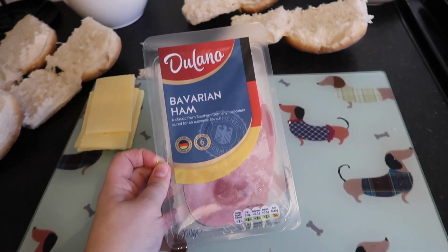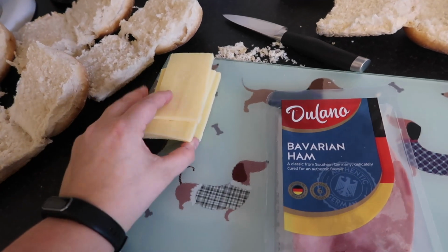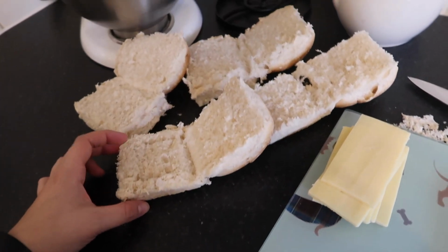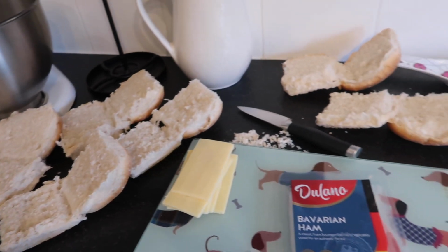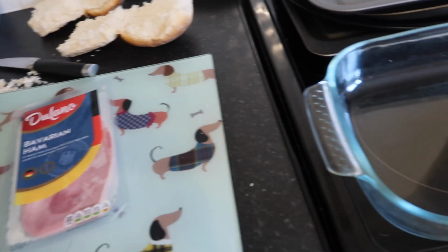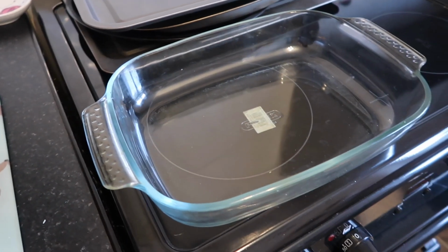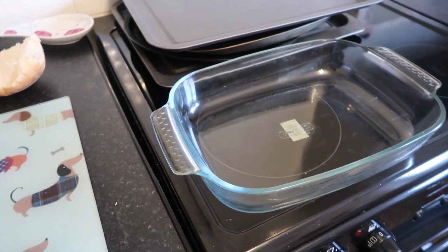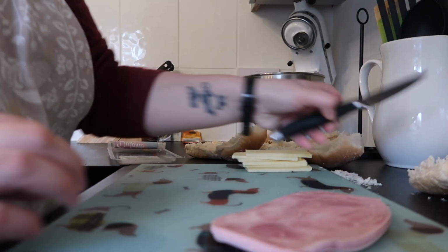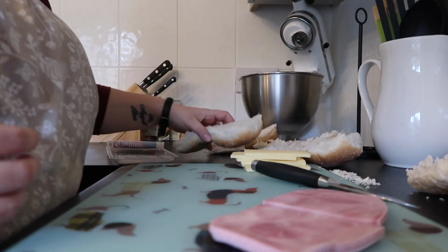Next meal is probably one of my kids' favourite meals. It is baked sandwiches. Sounds a bit random. Tastes delicious. I just use Bavarian ham and cheese for our fillings in our sandwich. You can use whatever you like, so if you are vegetarian or vegan, you could go for maybe some grilled vegetables, or I'm not sure what else you might want to put in this, some mashed up